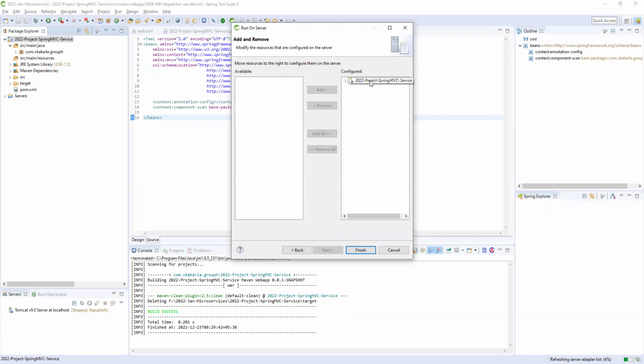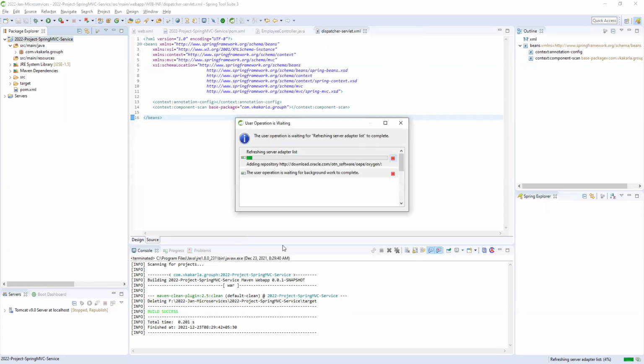Next. This is the Spring MVC project. I'm finishing here. It will try to download the server related jar files, and load your application into this server. Like that we can deploy our application. But before deploying, we need to do some manual things: in Servlet.xml and pom.xml, you need to add all the dependencies required for your application.